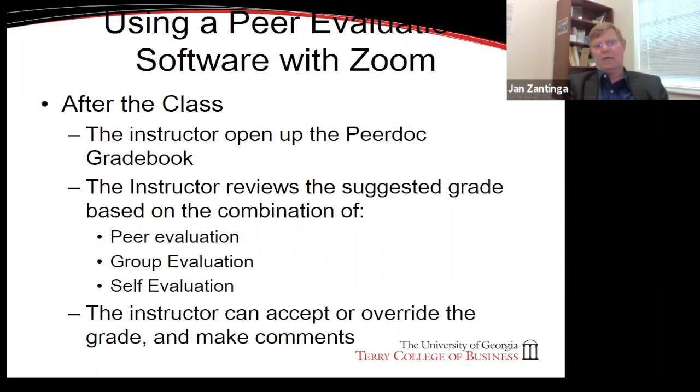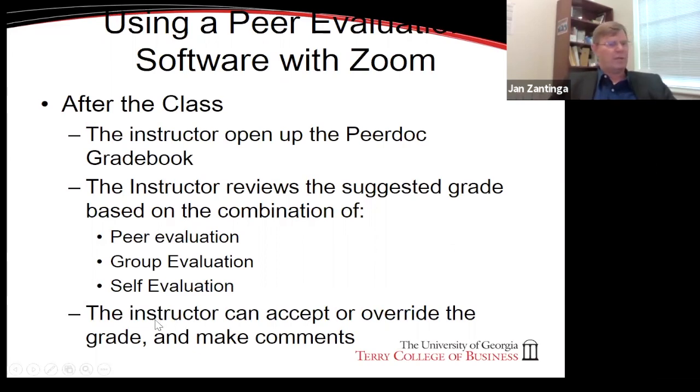So at this point in time, the instructor, even though the instructor may not have been physically present at all of the breakout rooms, it's almost impossible because these are breakout rooms in Zoom and I cannot be in 10 breakout rooms at the same time, but I can see the results of all of what the presenters did and all of what the reviewers did and the results of how the group evaluated each other. That then creates a suggested grade.